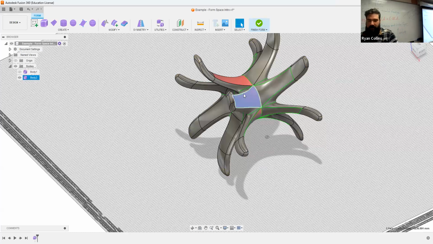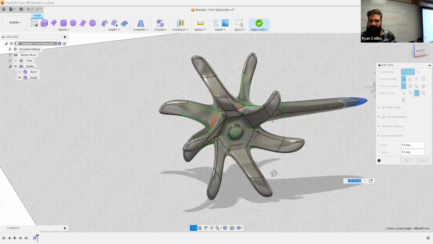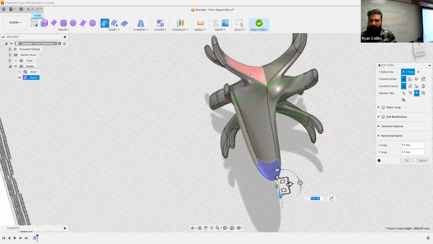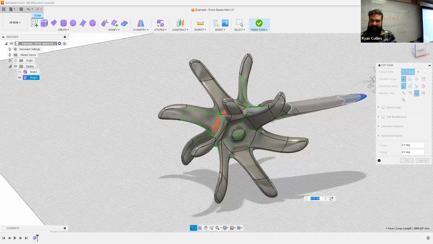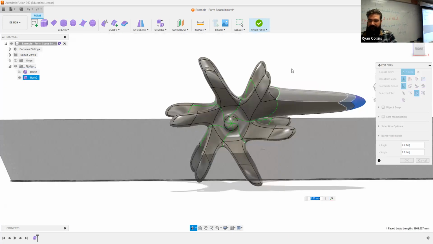So now I should be able to make some alterations to just that surface. See, it didn't change all the other ones, and all the rest is still movable. So the red panels, those are the ones that I can move individually. But if I select something else, say just the tip again,